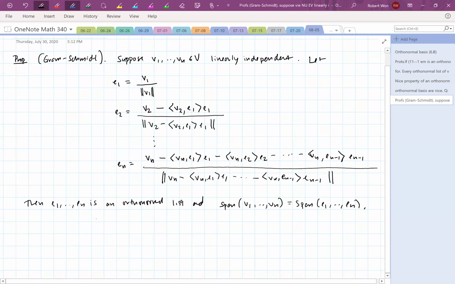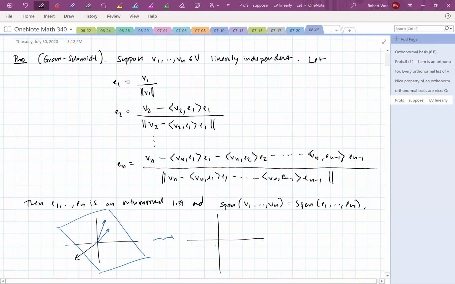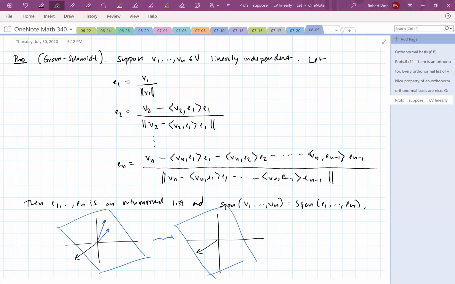Right, so if I'm in R3 and I look at this plane through the origin, I could write this plane as the span of, I don't know, this vector and this vector. Any two linearly independent vectors on that plane will give you a basis of the plane. What the Gram-Schmidt procedure does is